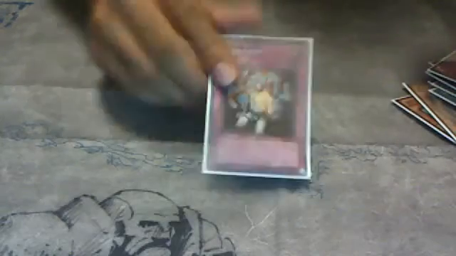Going into the traps, it goes 1 Trap Dust Shoot, 1 Torrential Tribute, double Solemn Warning, 1 Solemn Judgment, 1 Call, 1 Mind Crush,